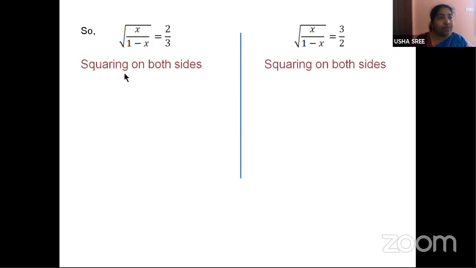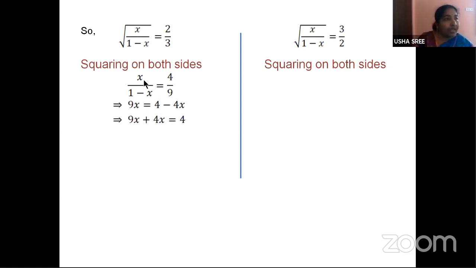So squaring on both sides, when we take, children, the square root here, it gets cancelled, isn't it? So you will be left with x by 1 minus x is equal to 2 by 3 whole square, which is nothing but 4 by 9. Then we'll go for cross multiplication. 9 into x is 9x. 4 into 1, 4